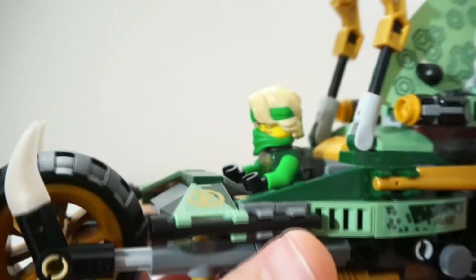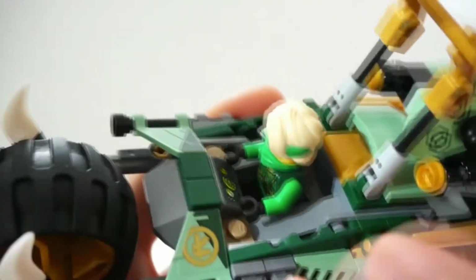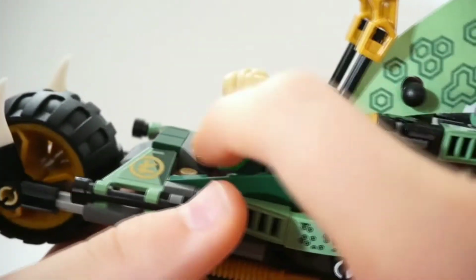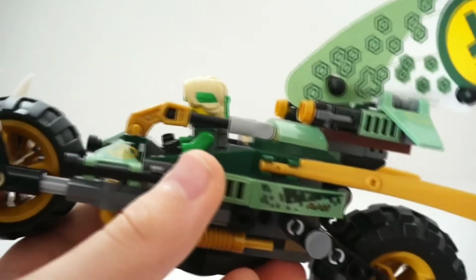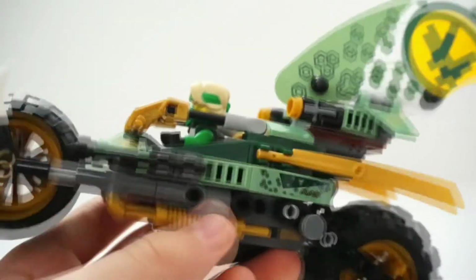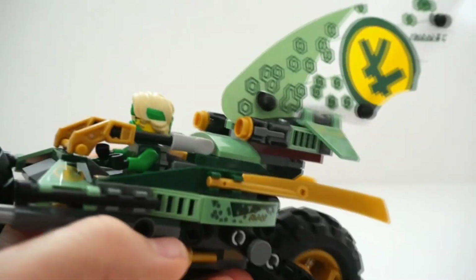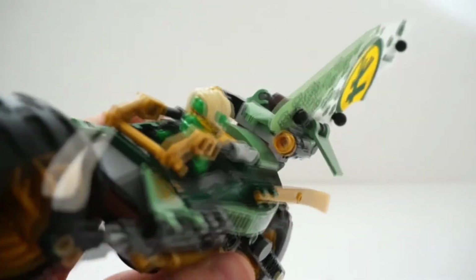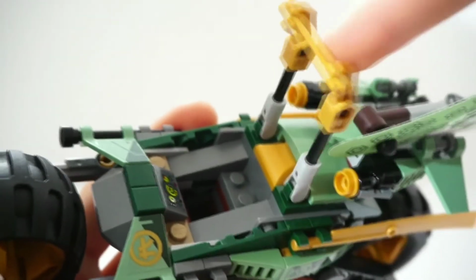This is how it looks with a minifig inside. He actually stands in there and he can't have any weapons on him to fit inside, and this is how it looks with the roll cage closed. I'm really disappointed that his head sticks out this much, because the purpose of a roll cage is protecting someone and his head is just sticking out, which in my opinion is really annoying. Especially when it's so easy to modify it and make him sit. You just need to remove this part and change the back a bit, and then he can easily sit even